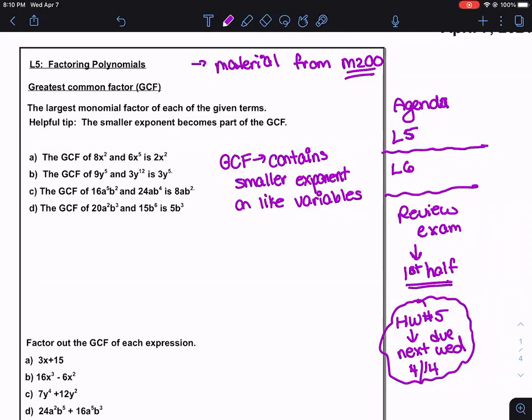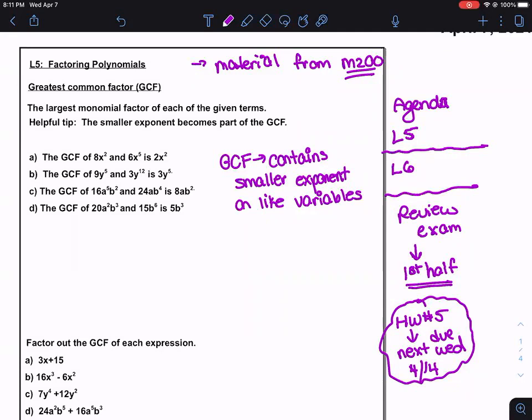Then we are going to look at the exponents on same variables. So for instance, if you have an x squared and an x to the 5, like I do in example A, you are going to look at the exponents, and the GCF will be the smaller exponent on those like variables. So we're going to just identify the smaller exponent, and that becomes the GCF. So let me explain the first 4 examples that are worked out for you,